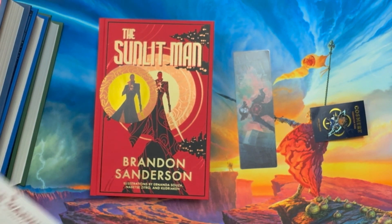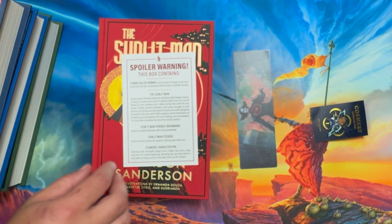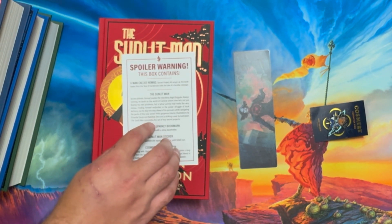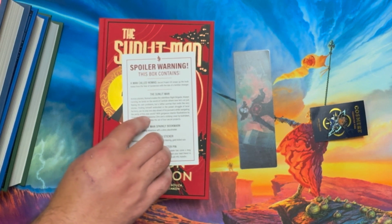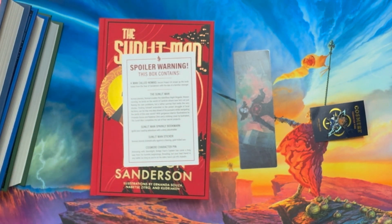And one thing I just noticed here on the spoiler card, it says that the cover art is by Kudryavin and Hernando Souza and Nabaptiste Citro did the interior art, although it doesn't specify which one of them did which art. So there is your look at The Sunlit Man by Brandon Sanderson in the Dragonsteel Special Edition with our